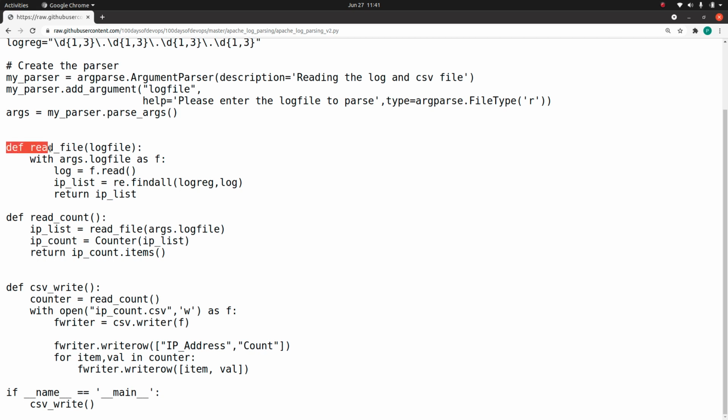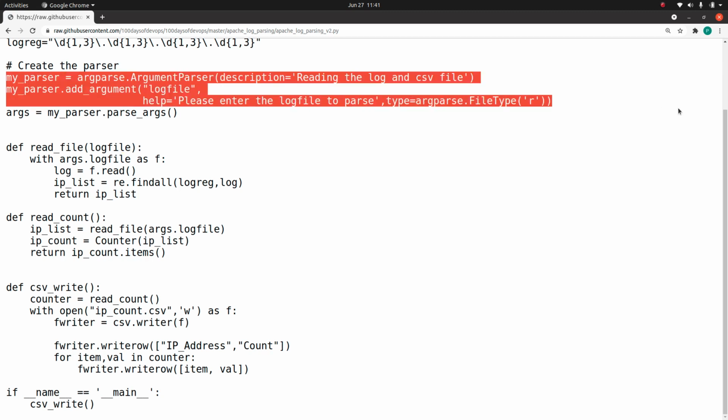So basically what I'm doing, in the first section, I wrote a function called read file, which is going to read a log file, and it's going to use the parser to read the log file. And here I am even doing the regular expression, getting the IP address using this function.